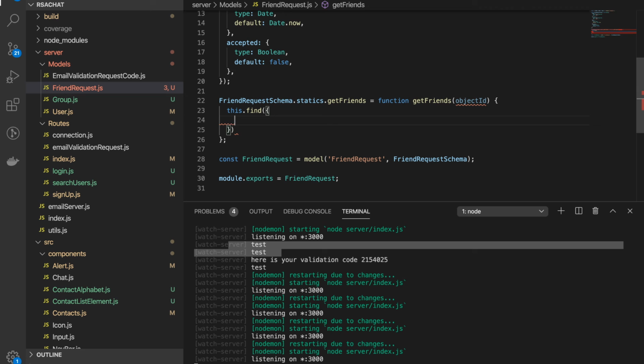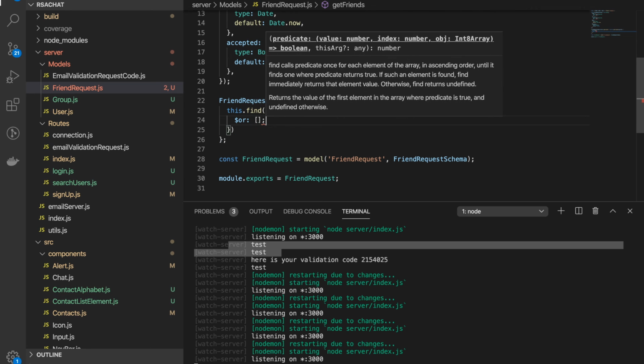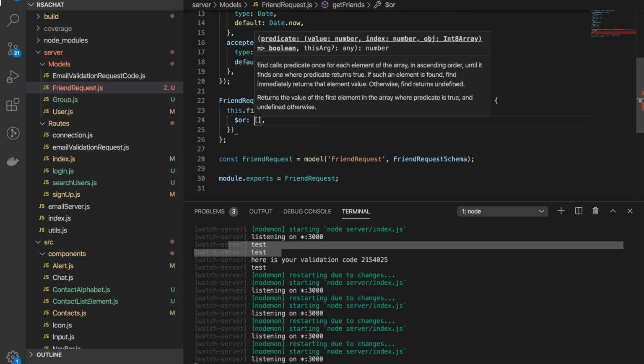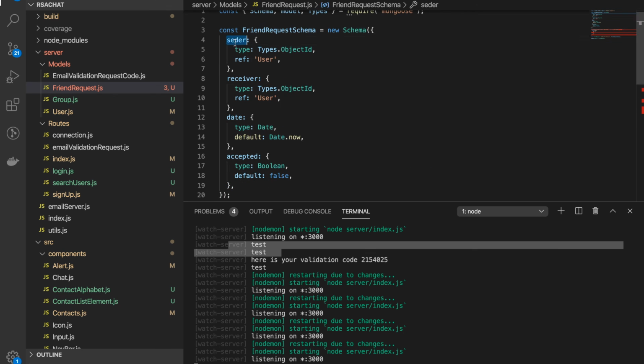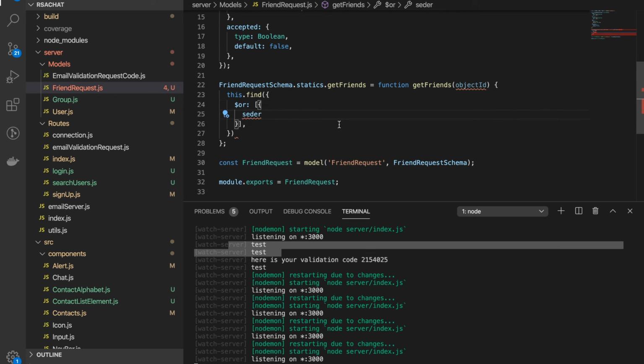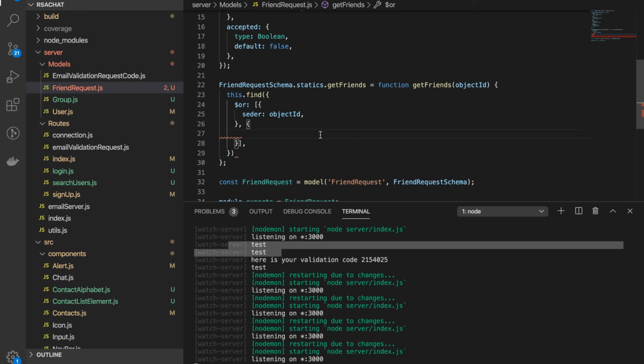I'm gonna say an OR request here, which is just gonna look for, oh god. So either we are looking for the sender is object ID, or receiver object ID, and